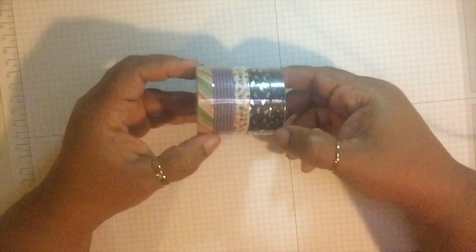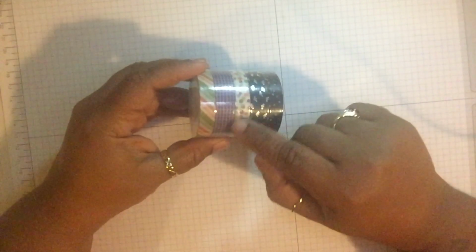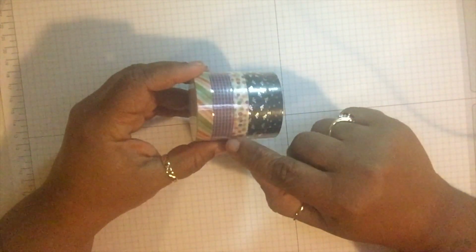Of course, you can use any colors that you would like for Halloween. You know, the purples, the oranges, the greens, the grays, the black. And this is Halloween Night. This is a set of washi tape. There are some fun Halloween colors that coordinate with that. That's Pumpkin Pie, Old Olive, Perfect Plum,